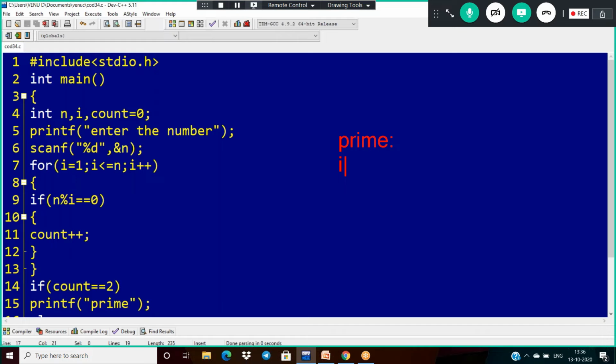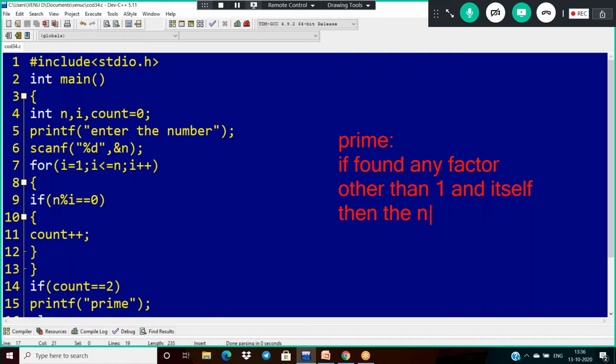So if we find any factor other than 1 and itself, then the number is not prime. That's all. So what is the principle I'm using here? If we find any factor other than 1 and itself, then the number is not prime.